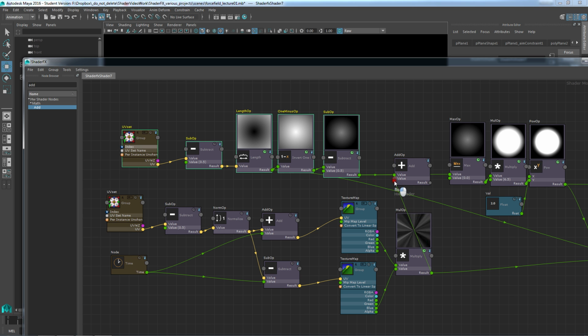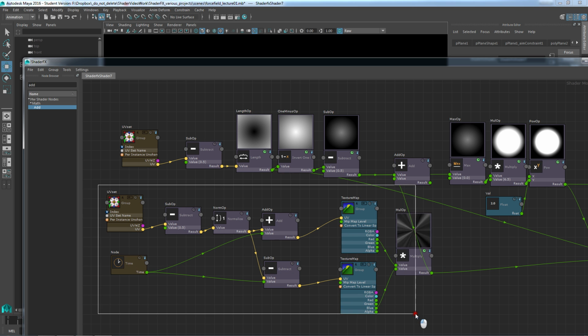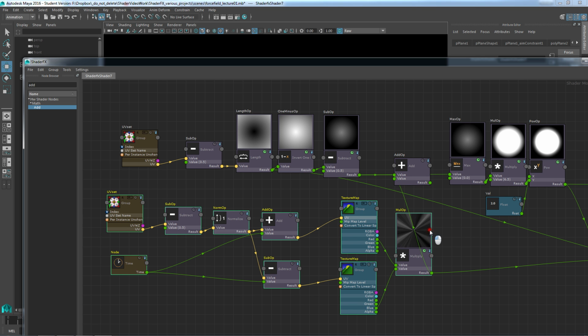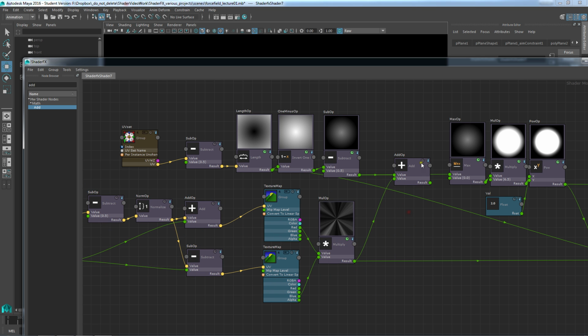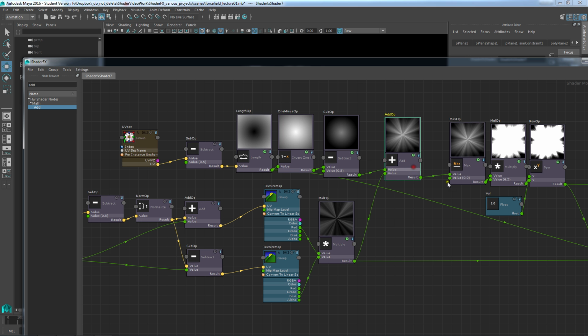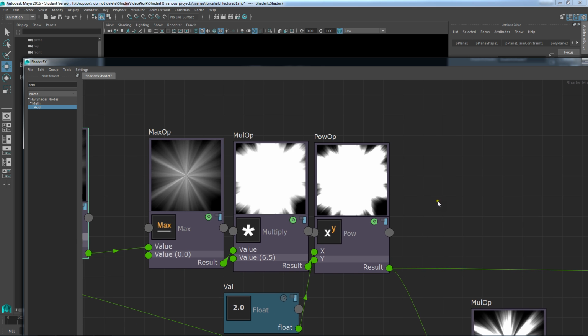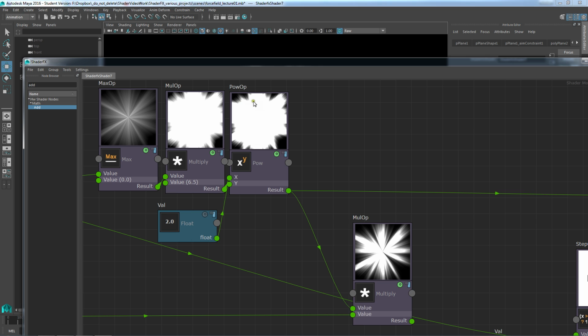I'll add this value, and I want the connections flowing from left to right, so I'll move this over here. And then I'll have a look at this, and then connect this one over here. Yeah, there we go. That's what I'm looking for. Now we have this kind of result here instead of this result. And this is definitely the way I want to go, because I want it to be this solid white color